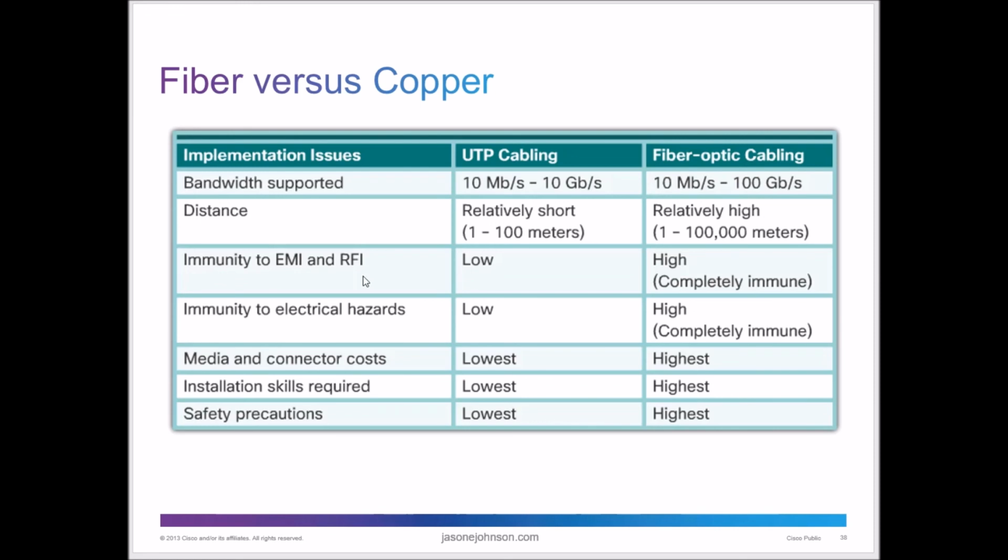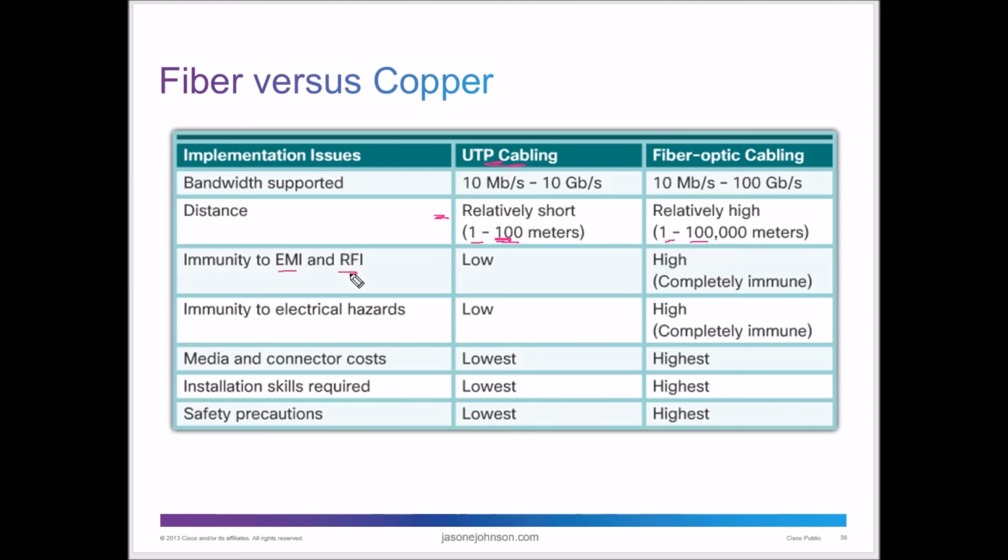Now, when we're talking about the distances, unshielded twisted pair cabling is much cheaper. It's a lot more cost effective to put in, but there are some differences that you have to make a choice about. The distance on an unshielded twisted pair is about 1 to 100 meters, about 300 feet. Maybe you can get a little bit more if you do shielding, but about 300 feet on that. Versus fiber optics, you can go from 1 to 100,000 meters, which is about 60 miles, I believe, if I did the calculations right. So you can go a lot farther with fiber optics, but it's more expensive.